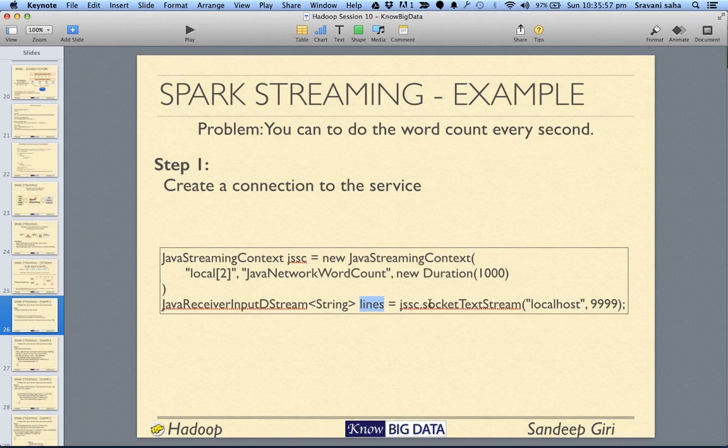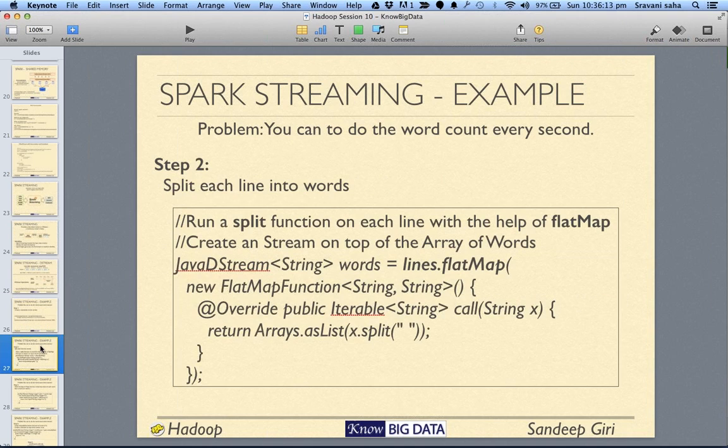Lines is essentially an input stream being read from this port. The continuous stream of data is converted into windows, represented by lines here, and on these lines we can do functions such as lines.flatMap, the same things we did for RDD.